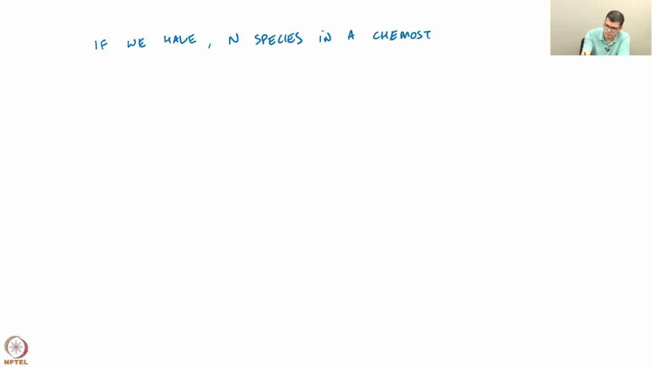Let us formally write this, that now if we have n species in a chemostat, let us call them species A, B going all the way to n, then at any given point in time,